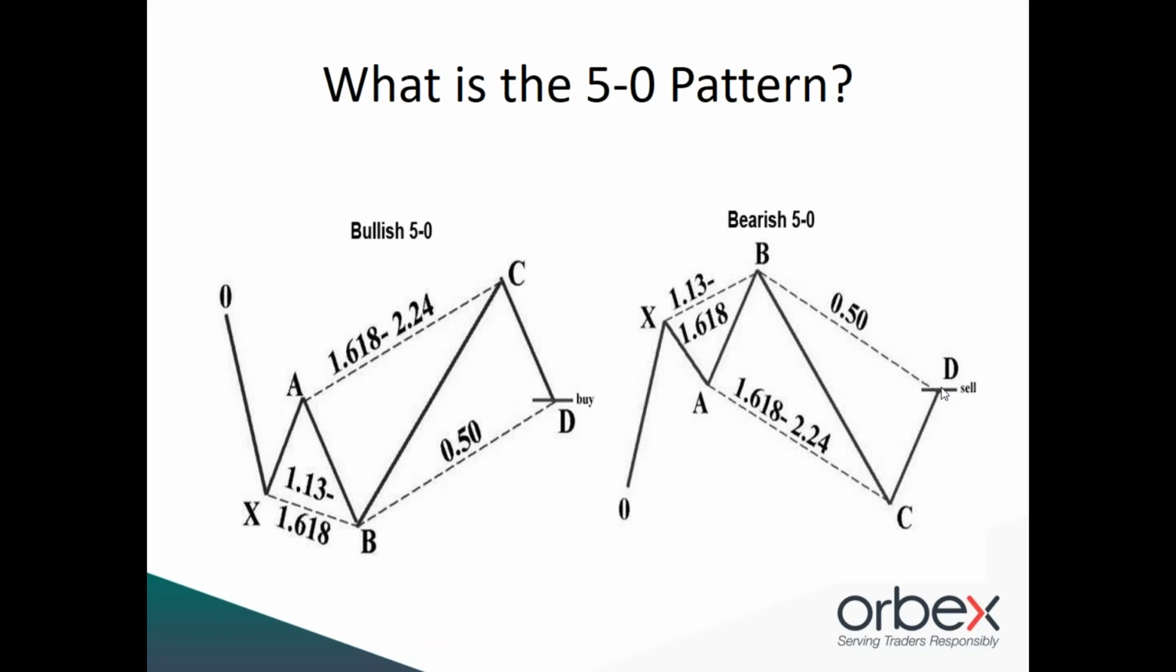Point D. So the D point needs to complete into the 50% retracement of B to C. So this large bearish move here, once it retraces from C to D, needs to complete into the 50% retracement. Okay, so these are the diagrams then, and with that in mind, let's now take a look at how these